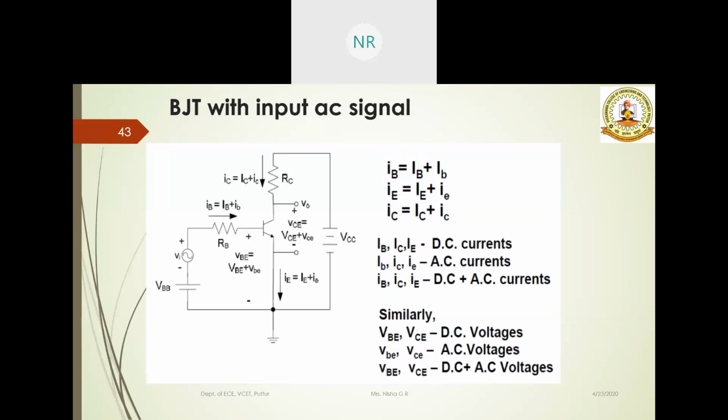So we need to know what is this small signal. Before that, we need to know the BJT circuit when we provide the AC signal. So this is a circuit which will give us an idea of how to give the input along with the biasing. In a sense, this circuit consists of two components, that is DC component as well as AC component. When I say AC component, it is nothing but the signal component, that is VI. It is mentioned here. You can see the sinusoidal wave over here. It is an AC signal.